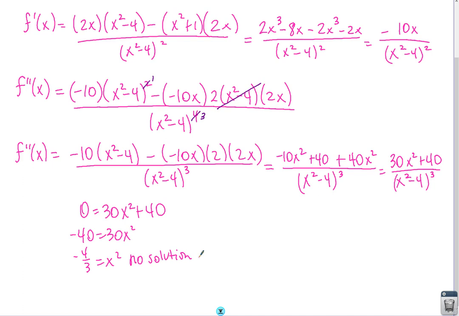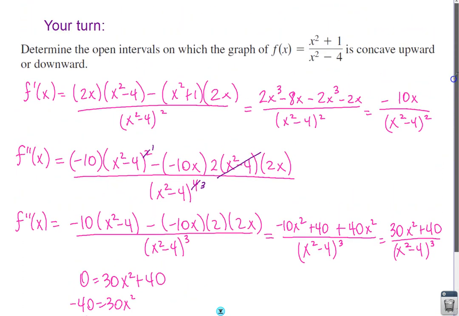I want you to look at your function, okay? Look at it really closely. There's something happening on your function. It's not at a point, but it's going to affect the concavity. It's just that we won't have an actual point of inflection. The concavity is going to change, but instead of at a point, maybe you've gotten it, we've got vertical